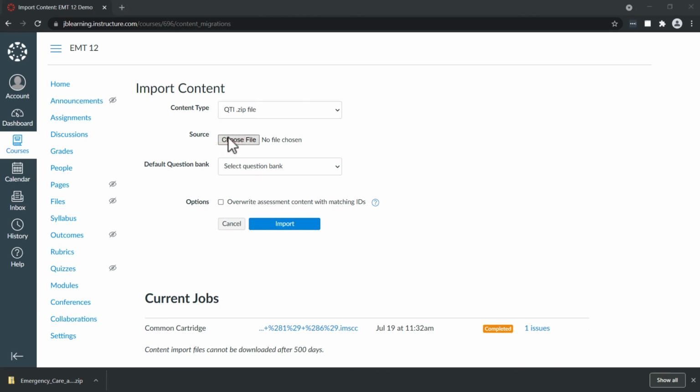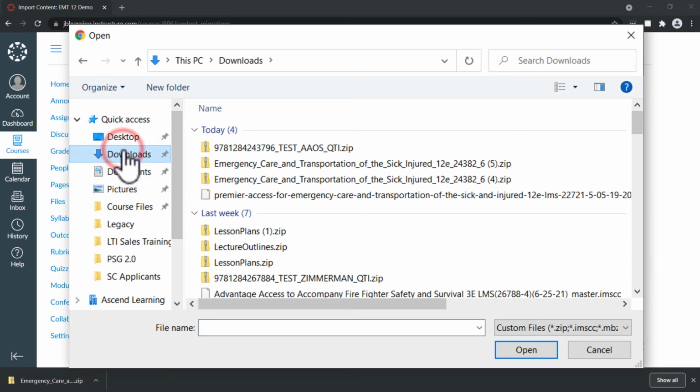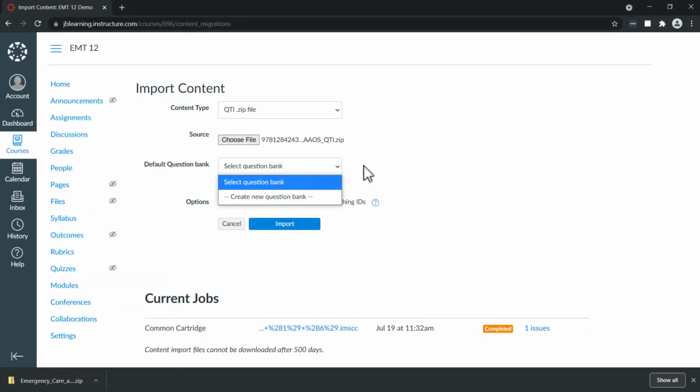Choose the file that was downloaded to my Downloads folder, where I extracted it. Top of the list is my most recent one. I don't need to select any other parameters here. I don't need to overwrite any assessment content because it was a brand new course without any existing assessments in it. So I can go ahead and click Import here,